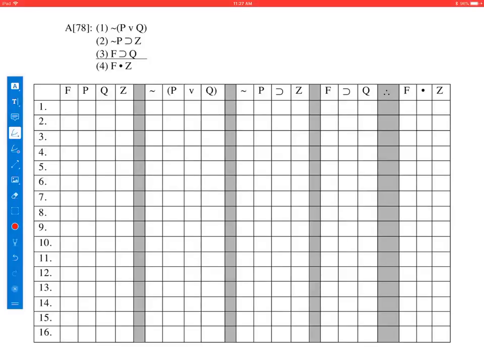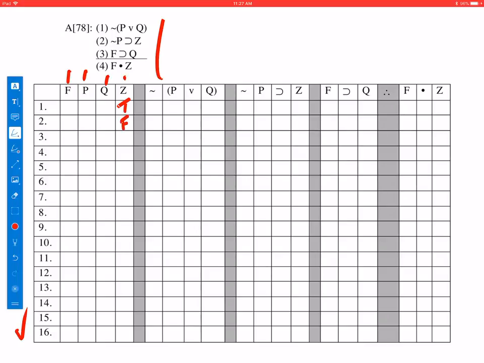Welcome back. We're continuing with proving validity or invalidity by truth table, and now we're going to deal with a monstrously big problem and determine whether this argument 78 is valid or invalid by truth table. Since there are 4 statement constants, f, p, q, and z, we need 2 to the 4th, which is 16 lines. 16 possible interpretations to determine,